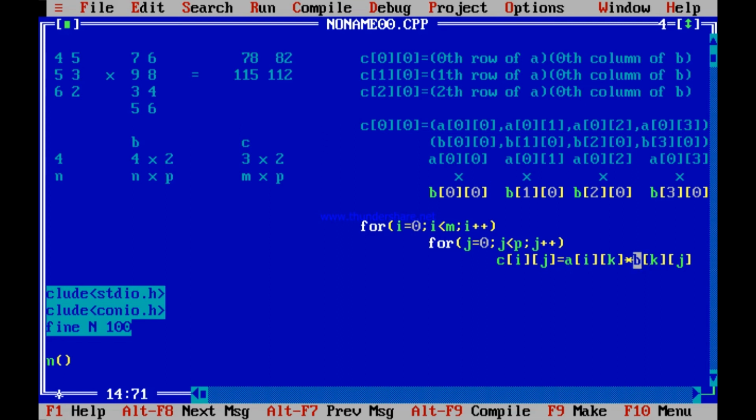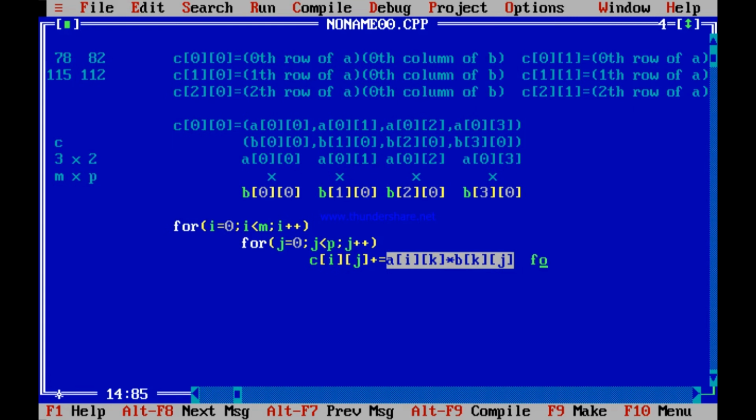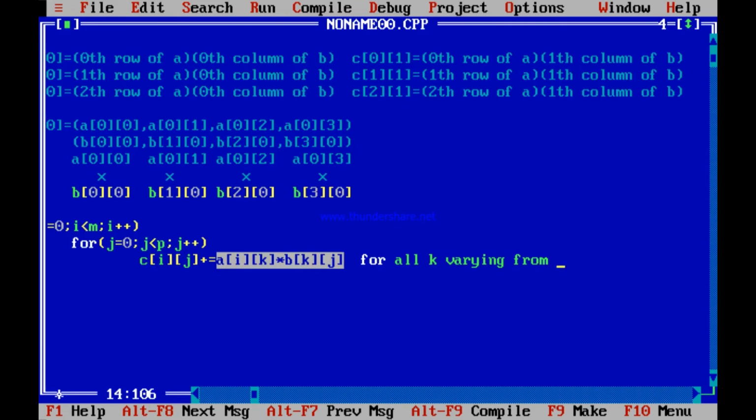But every time this multiplication result has to be added with one another, which means this is Cij plus equal to, and what you need to do is you need to initialize Cij to 0. But what is this k? For all k, this should be for all k varying from what? 0 to, for all k.